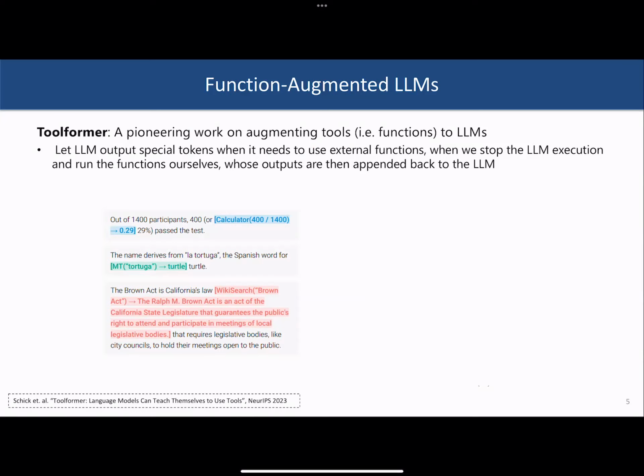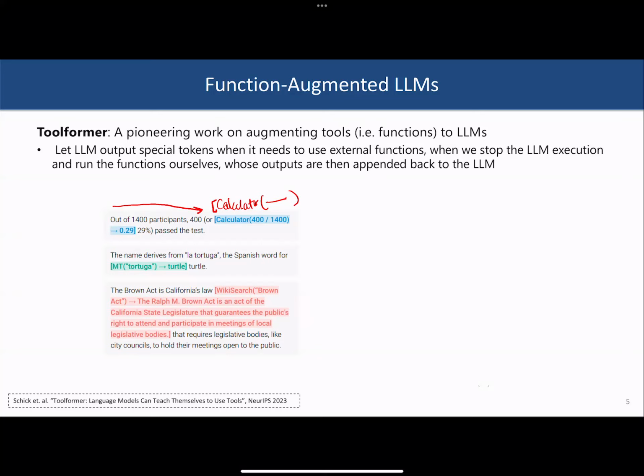And then we ask the LLM, every time you think you need to use this tool, just output some special tokens, and I will help you afterwards. So for example, here, when the LLM is basically producing the outputs, we ask the LLM, if you wanted to use the tool, basically start with this open bracket, the tool name. So here the tool name is calculator, and then the arguments that you want the calculator to work on. And then we will stop the execution ourselves. We would call this tool, we get the results, and then we provide them to the LLM.